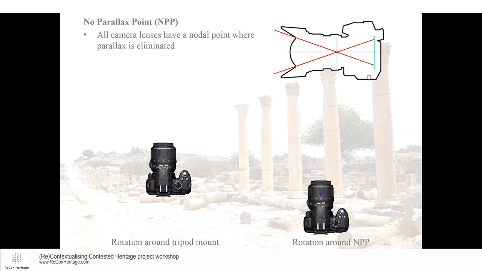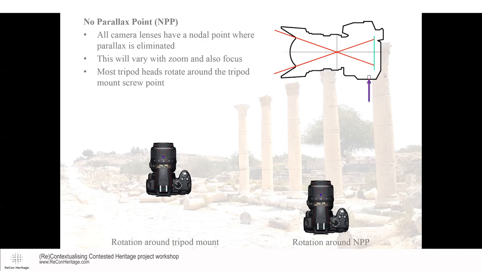So we're talking about the same point, although in 360, it's referred to as the no parallax point, because if you rotate your camera around that point, the perspective center, or this overlap, this crossover point here, then parallax is eliminated. And the no parallax point does vary with both zoom and also a little bit with focus, though less so. Because most cameras rotate around the tripod mount screw point on the body, then they're not rotating around the parallax